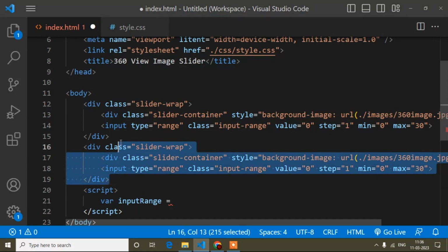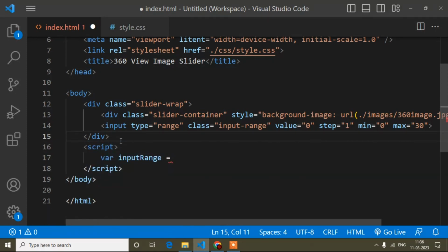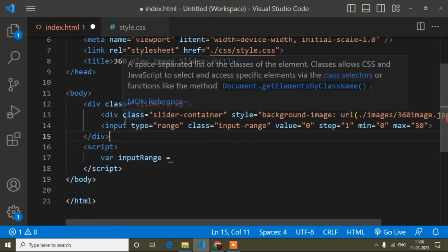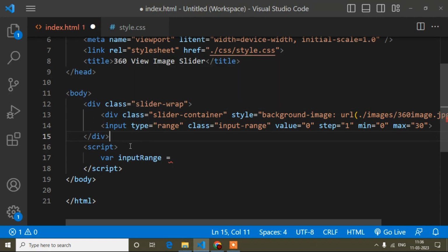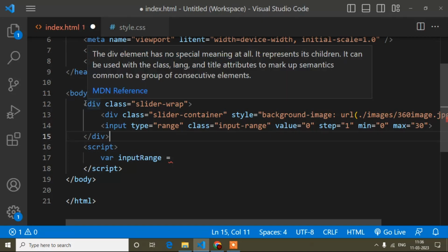But if you write based on ID, it will not work, right? Because ID means it is only one time. Suppose you think about yourself, you have an identity, right? ID means identity. So you have one identity. It won't be anyone else's also. Same way, ID will be only one time.